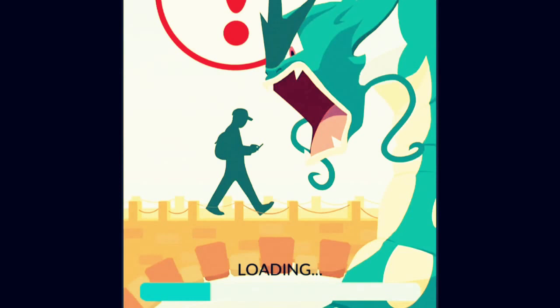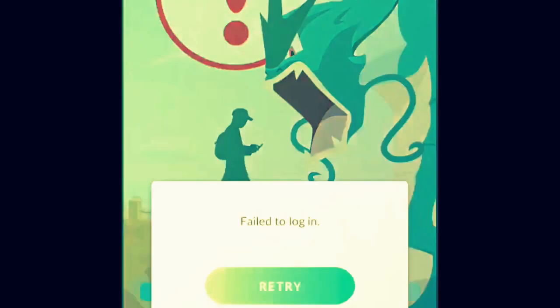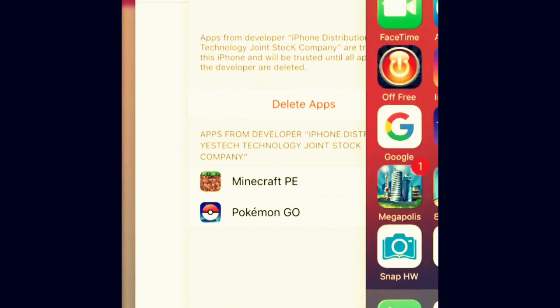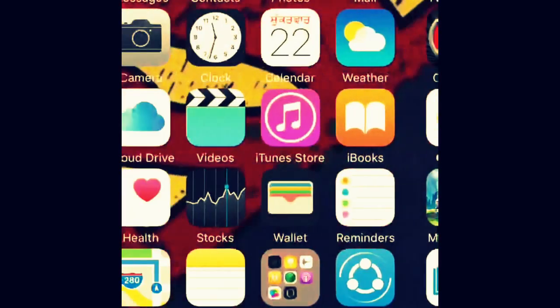Yeah, it's working. It's showing a caution message, I think because of GPS or something. This is taking time to load, but it will just load and the game will start, and GPS will automatically also start. It failed to log in because I have not signed in to my account. You have to sign in to your account or create an account using any email, a Gmail account, anything like that.